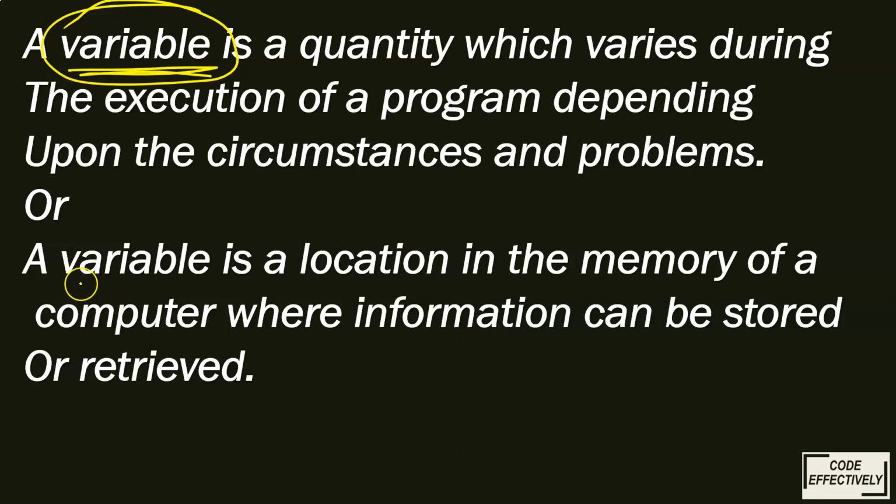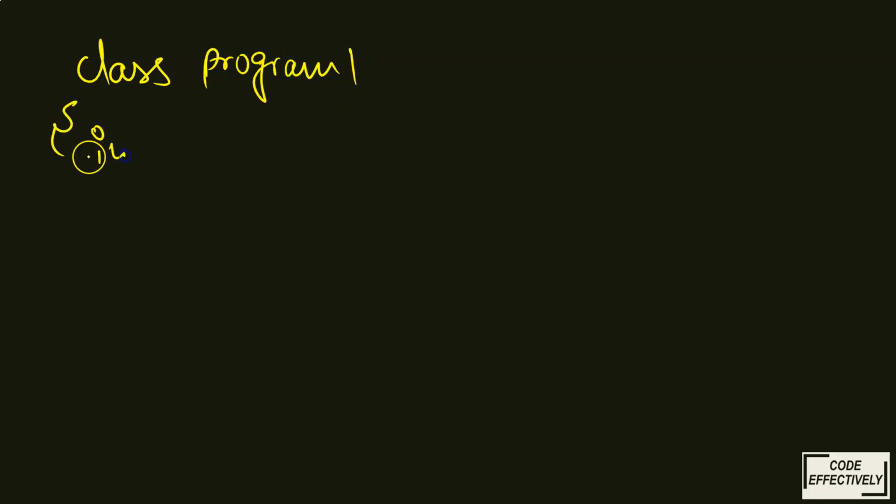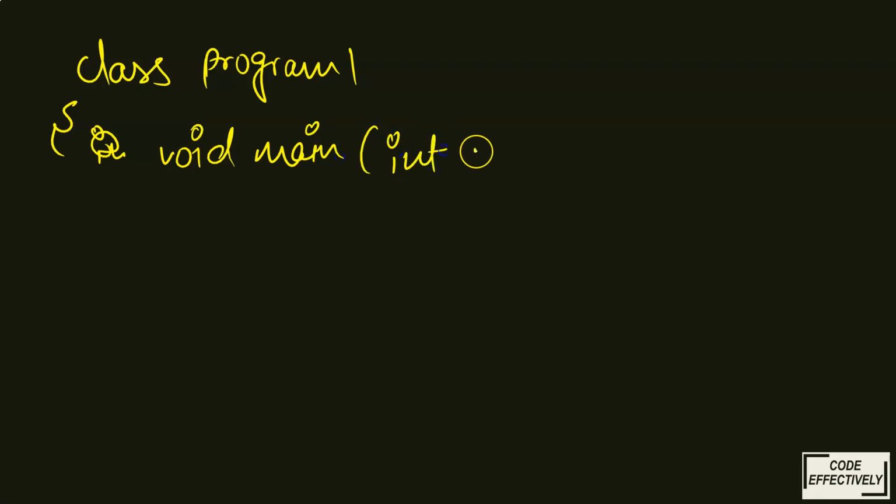Or we can say it is the name of a memory location from where we can bring out the values. Now let me explain again with another example. For example, I have to name a class. Let's say I name a class Program1. Now I will take void main, as we usually take. Now let me take some value, let's say int i. Here I am going to initialize i = 10 and let's say System.out.println(i).